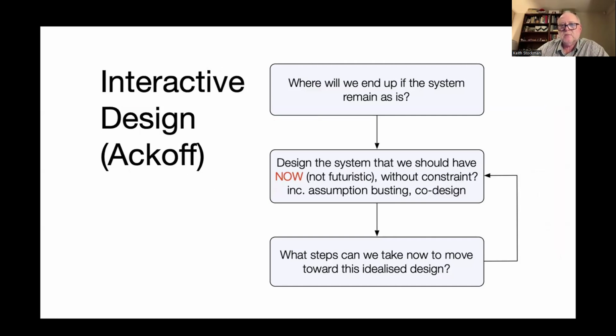It's certainly in the back of my mind. It was in the back of Rel and my mind when we were doing it. And very simply, it's described in a book extremely well. Where will we end up if the system we're in is kept the way it is now? That's the motivator. And you've got to discover that, because nothing will change if it's not going to take you